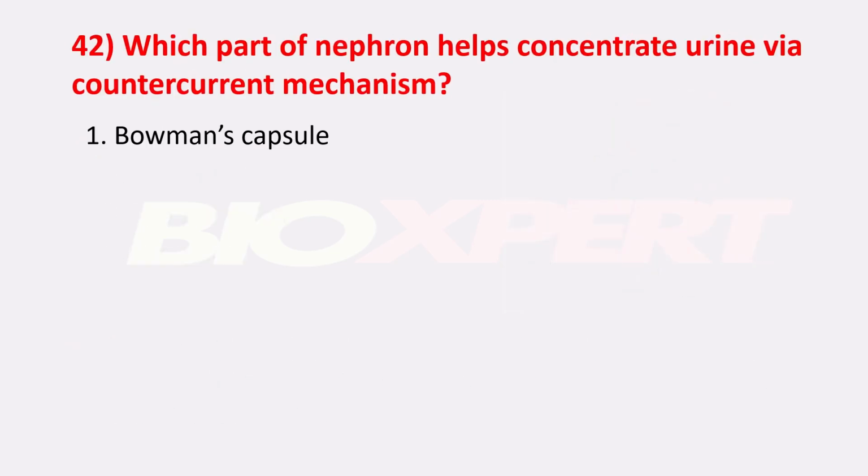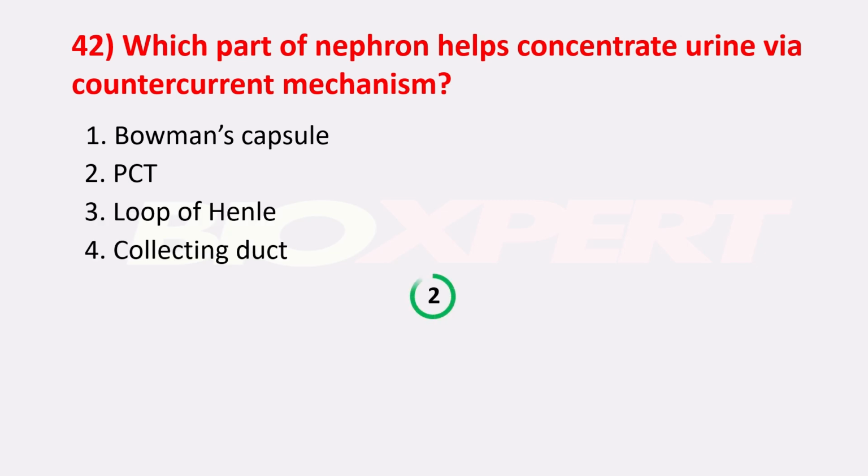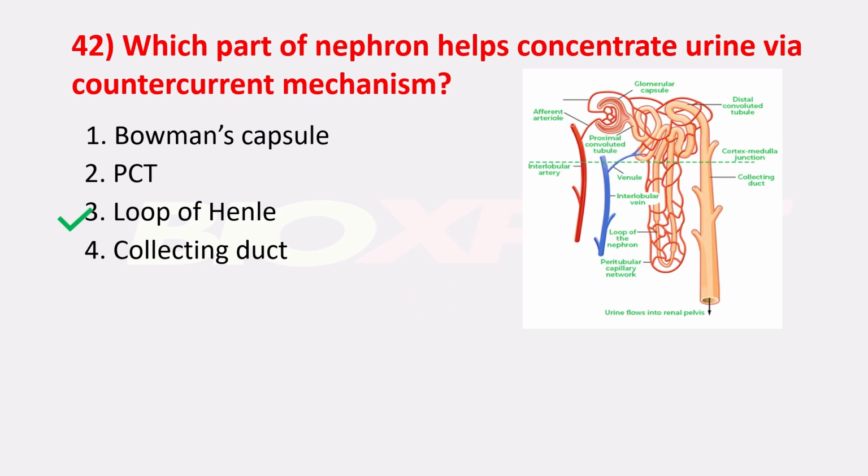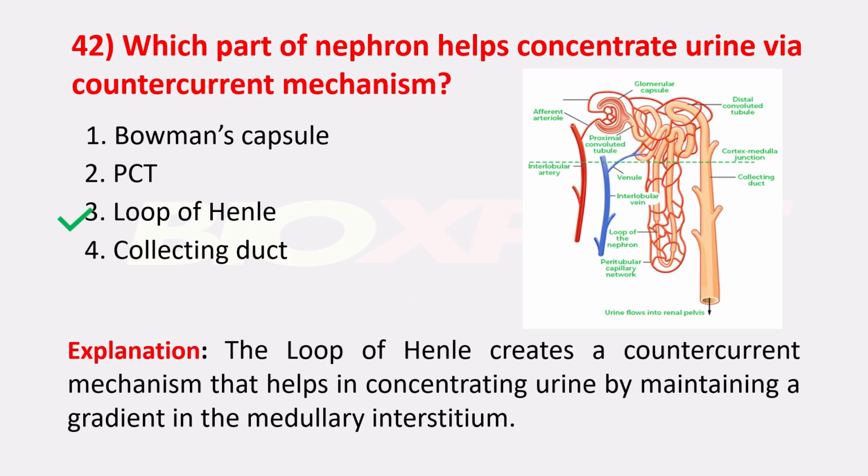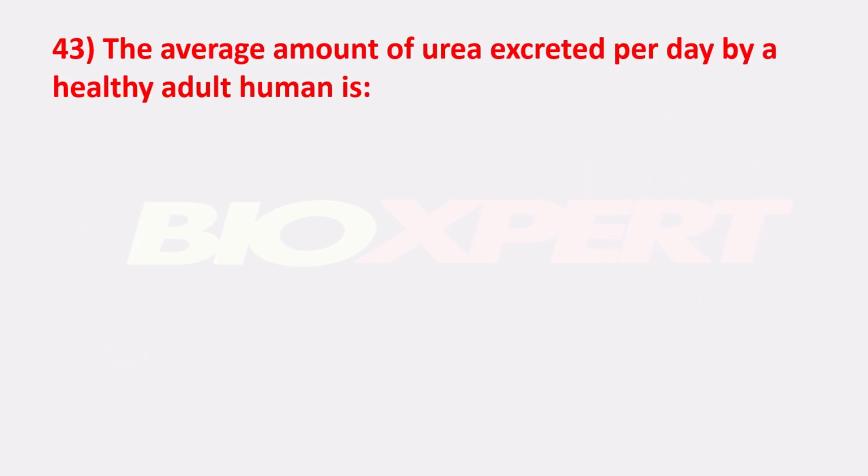Which part of nephron helps concentrate urine via countercurrent mechanism? Loop of Henle. The loop of Henle creates a countercurrent mechanism that helps in concentrating urine by maintaining a gradient in the medullary interstitium. The average amount of urea excreted per day by a healthy adult human is